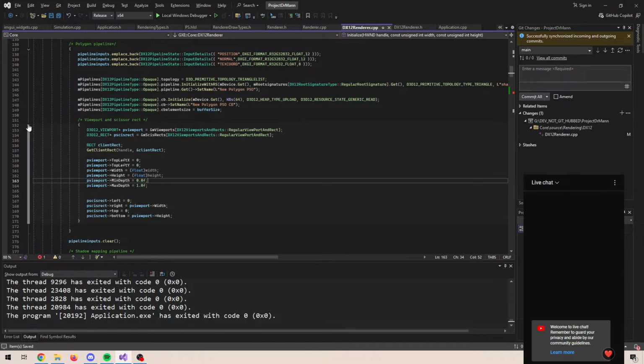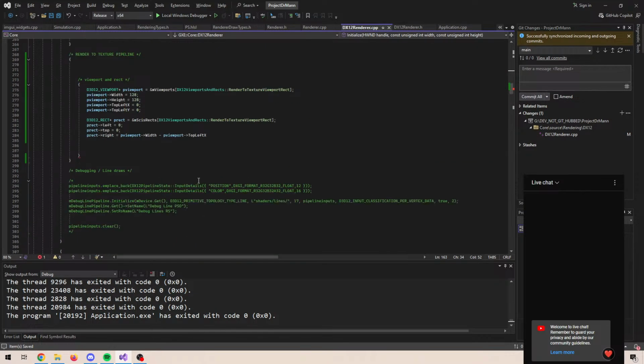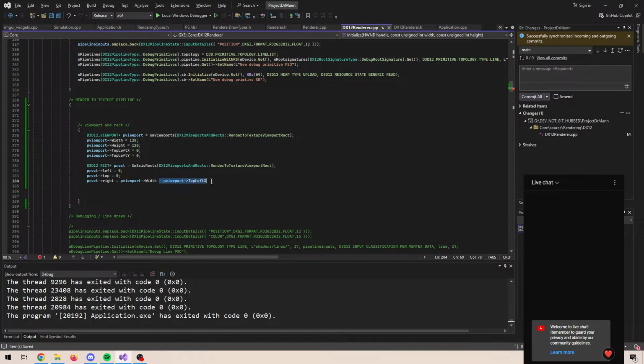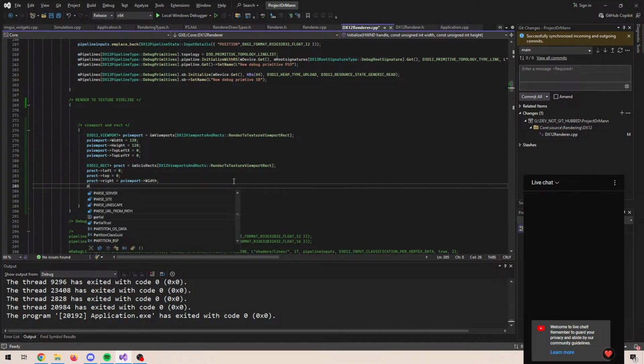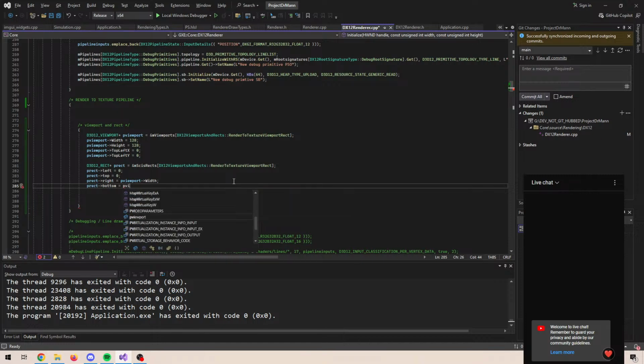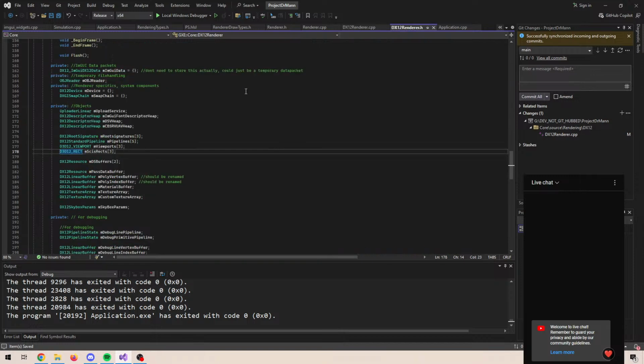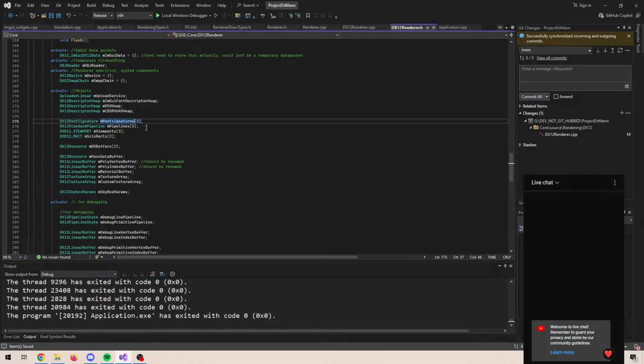Oh, we simply, yeah, okay. Okay, we set our rects, viewports, and our scissor rect, and then inside our renderer,